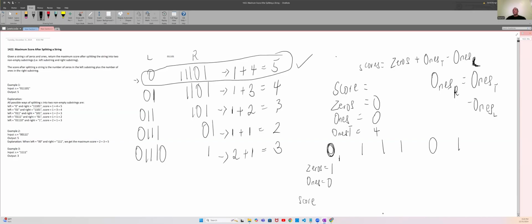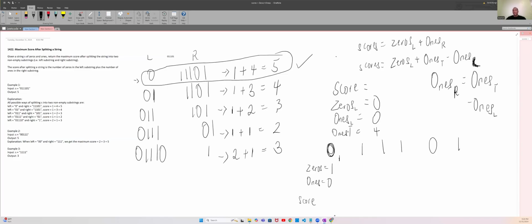Remember, ones total minus ones left is equal to ones right, and our score was meant to be zeros of left plus ones of right, and ones of right is equal to ones total minus ones left. So this one here is ones left, and this zero here is zeros left. So we can find the score using zeros left and ones left,